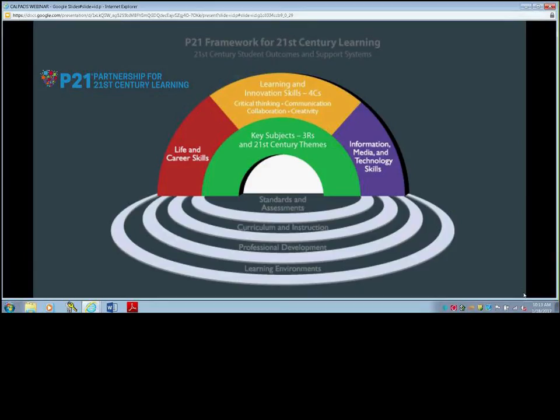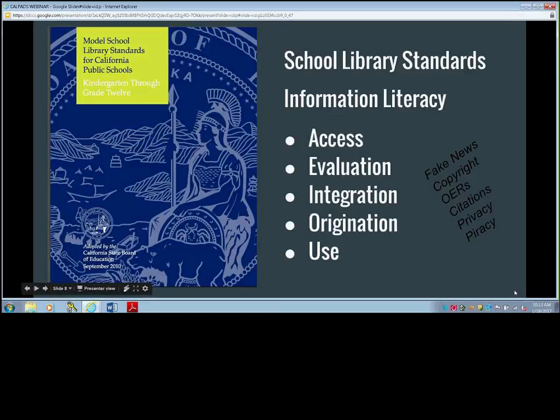In fact, you could actually see in the ELD-ELA framework for California a call for the implementation of both the CTE framework standards, which you would find over in the red section, life and career skills, and the model school library standards, which you can find in that blue section. And then finally, how do those standards break down? So the model school library standards break down in a very simplistic way. Even though it's an extremely complex subject matter, it breaks down into the vowels, A, E, I, O, U.